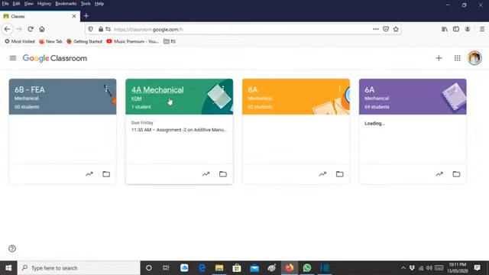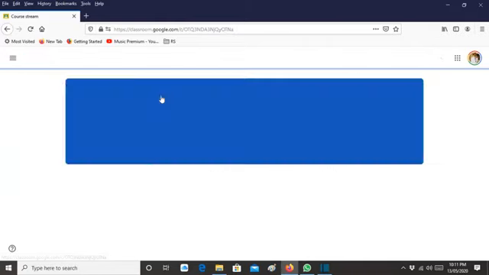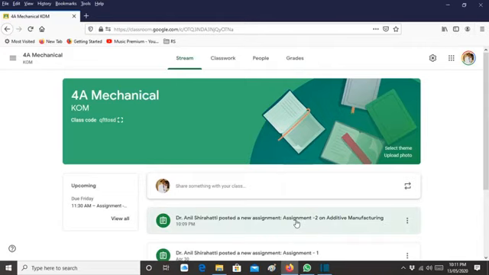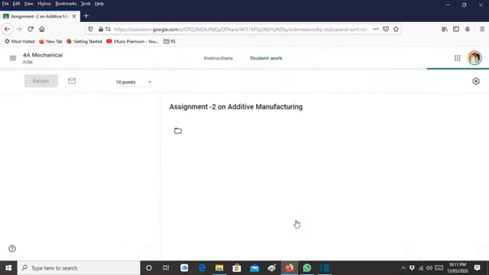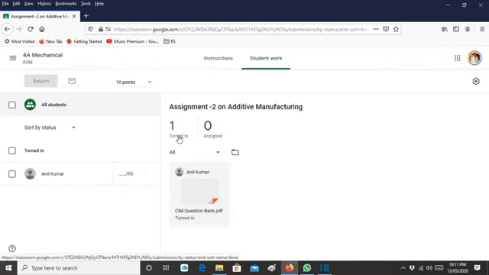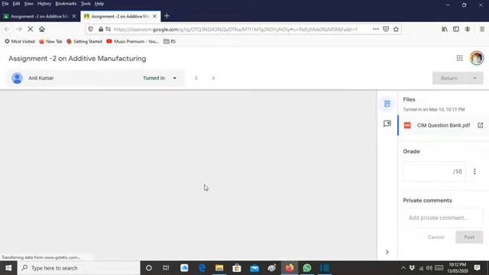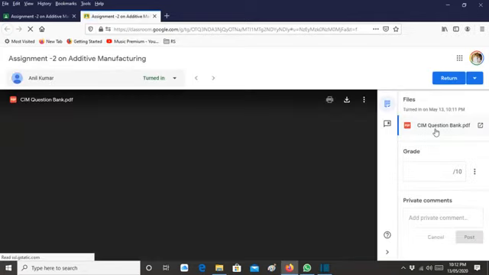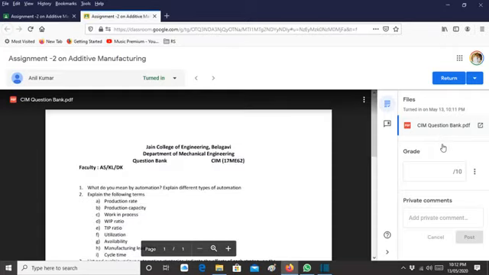So once I go in my COM class, okay, if I go to the assignment, I can see one person has submitted the assignment. So even the time, everything will get recorded. Okay, so when I click on that person, it will take me to the next window where I can see his complete assignment here. Okay, so however many documents you upload, all will come. So see, this is the assignment he has submitted.